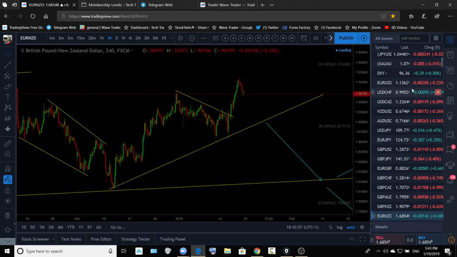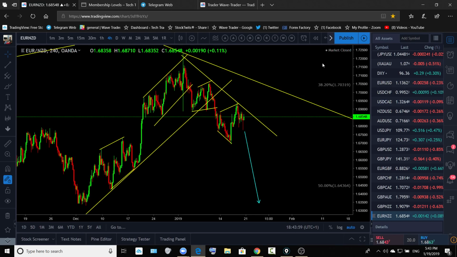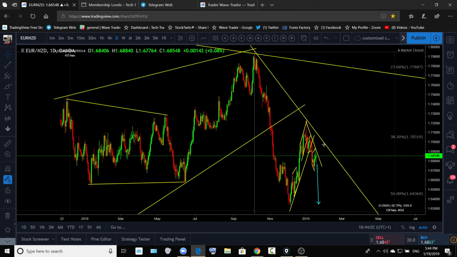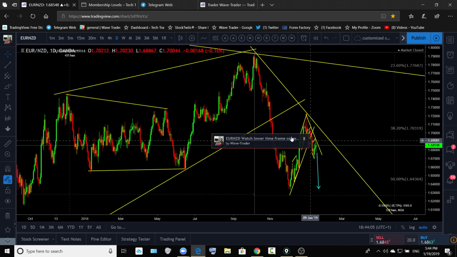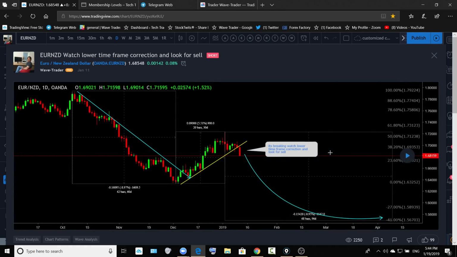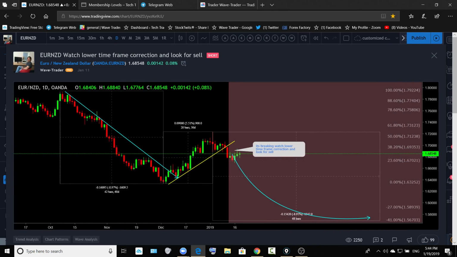And Euro New Zealand dollar. Euro New Zealand dollar can form a big correction over there, or you can see sideways. So this is what we are looking for. We are looking for this correction to continue to go lower, or at least test that bottom. So one more drop on the Kiwi dollar, then we can see one more up move like this on the Euro New Zealand dollar.